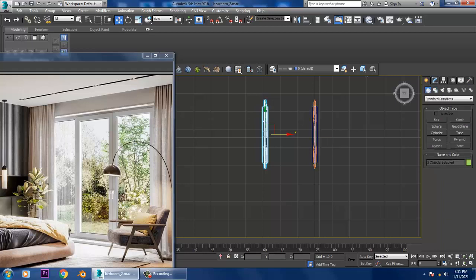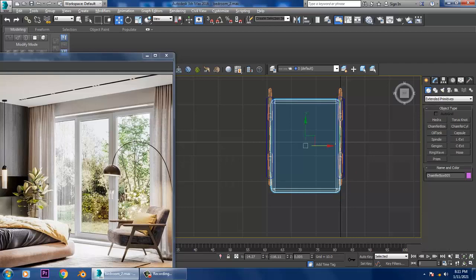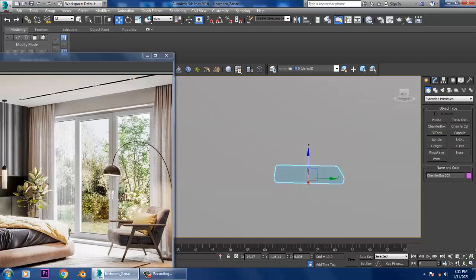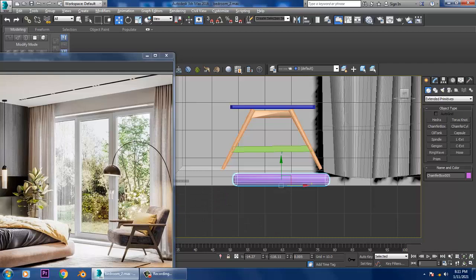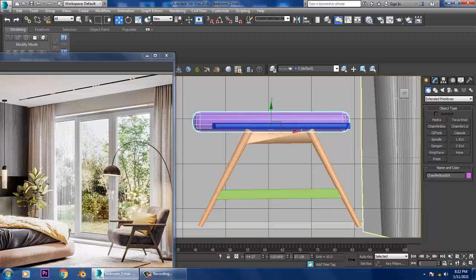Let's go into this extended primitives and let's take a chamfer box over here. So we can take a chamfer box over here, drag a chamfer box till here in this way.